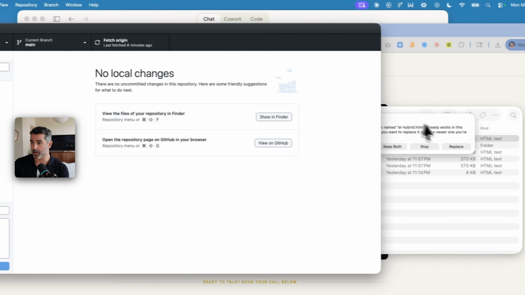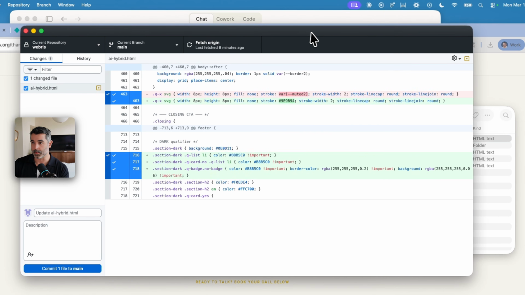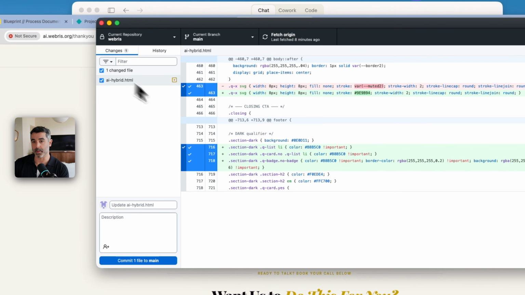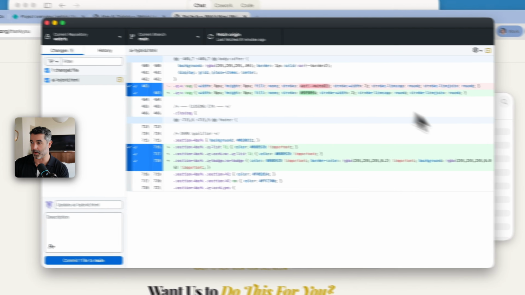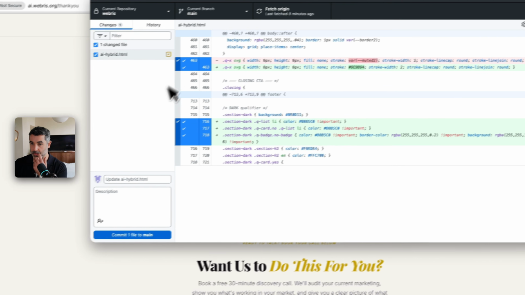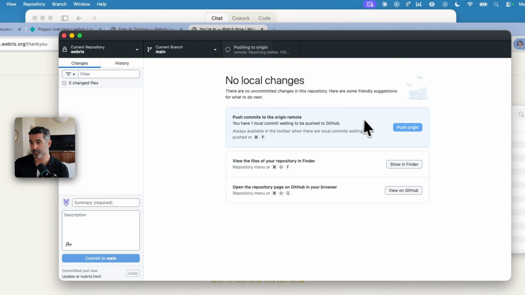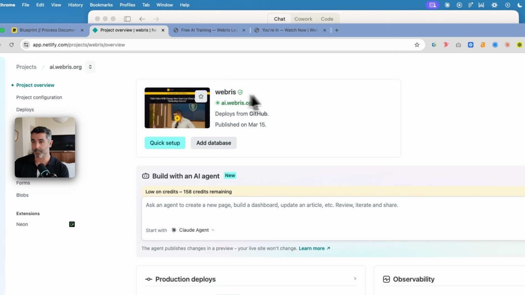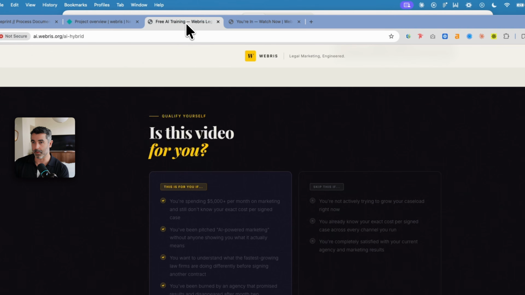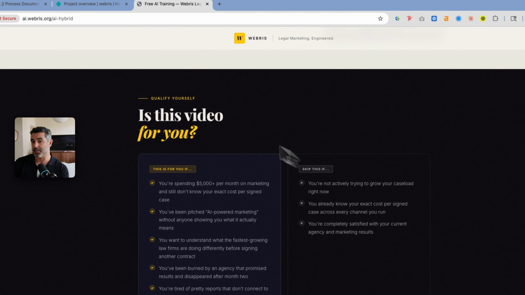So this here is GitHub right here. When I click replace, what you'll see is this automatically pops in here to my GitHub. So this GitHub is connected directly to this drive folder. Anytime I upload these, and I can upload a new page in here too, I'm just going to click commit this one file, push to origin. And literally as soon as I do that, it pushes it now to Netlify. This is the live version of the website. I can just go ahead and refresh this page, and you can see that the text has been updated